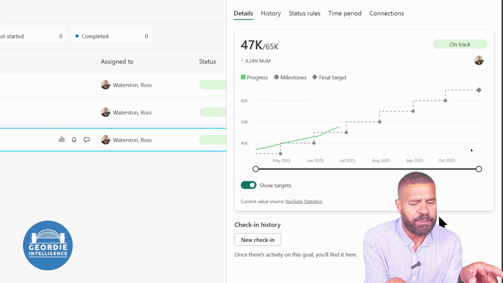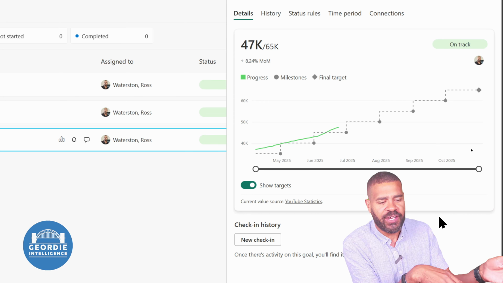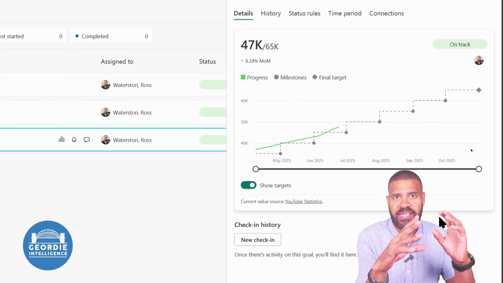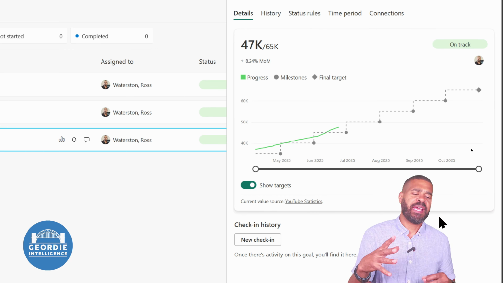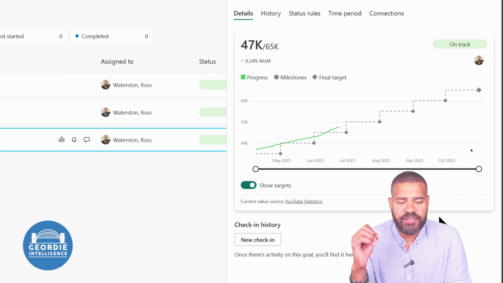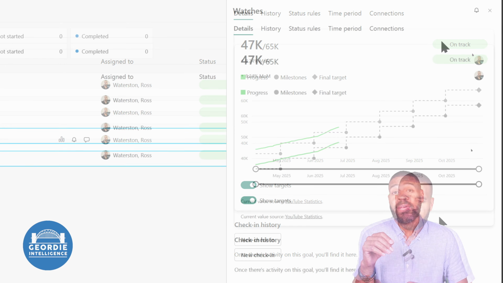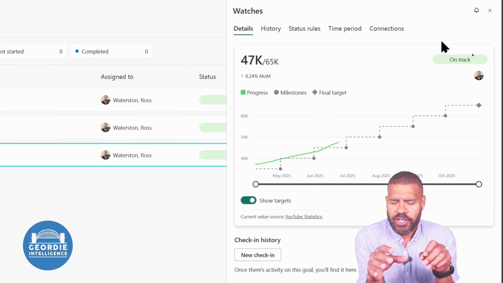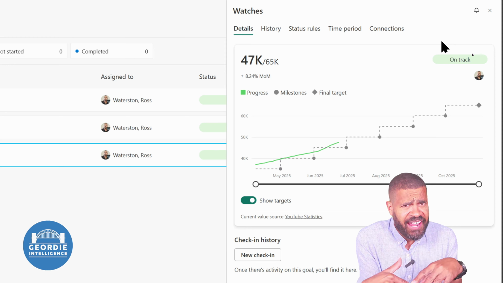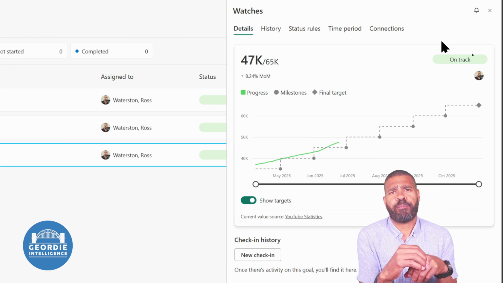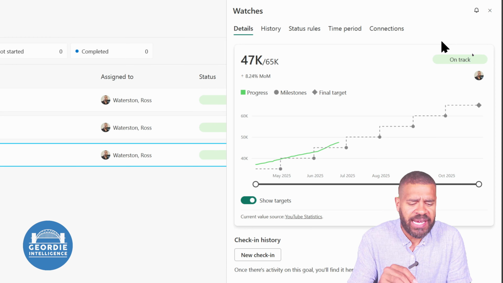And we've also got the projection for where my final target should be in terms of the diamond and the milestones in terms of the dots. Does that make sense? So we've actually got a capability where we can put everything into one place that will allow us to track and see.